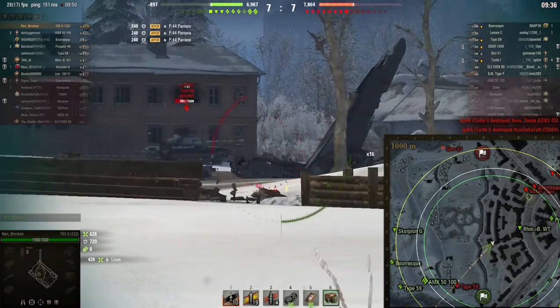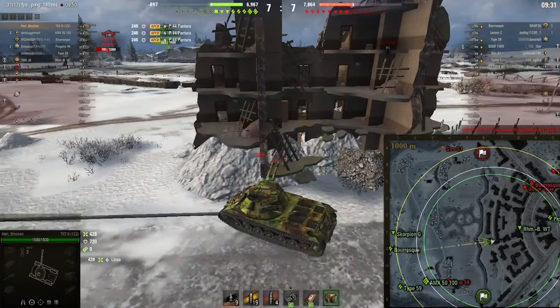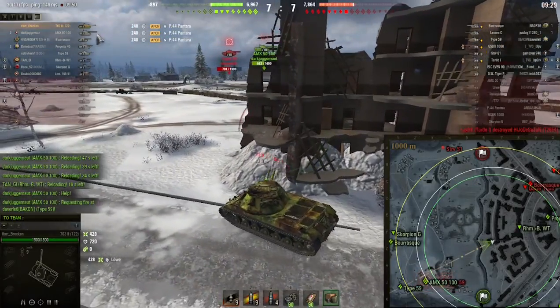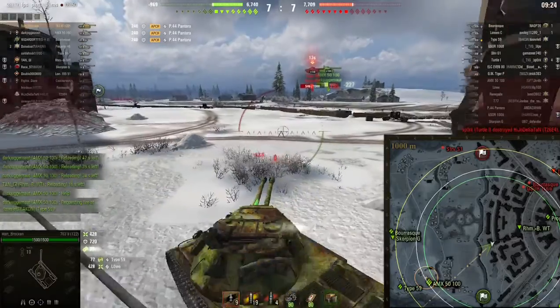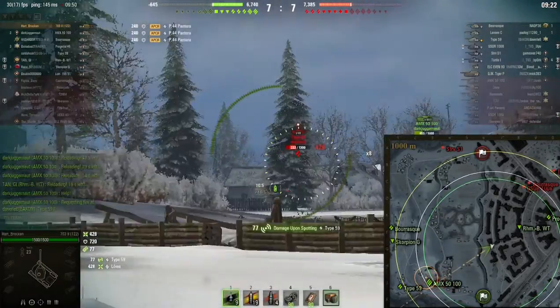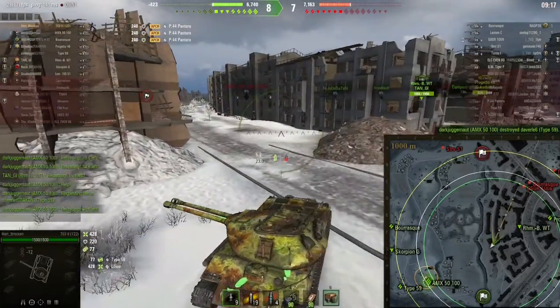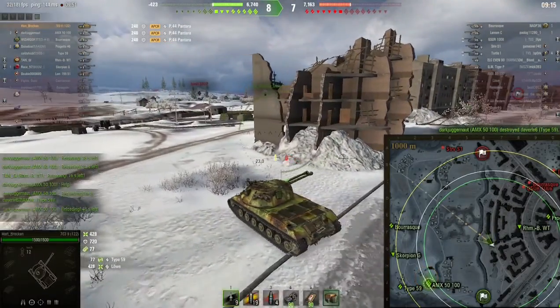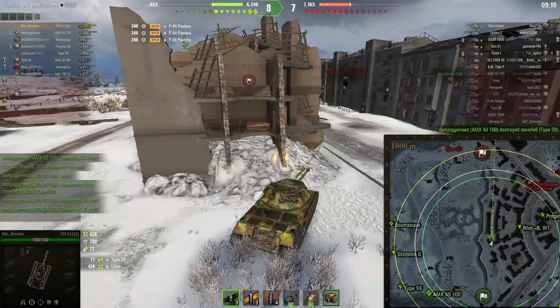I'm trying to shoot him, but as you can see, I'm only on the third game, still not used to the shell velocity, and not only that, but like 150 ping. Oh my gosh, I'm not used to playing with this kind of ping. On the EU server I get 70, 80, which is not ideal, but let's just say it's not 150. The Type 59 YOLOs our AMX 5100, and I don't know what he was trying to do, trying to